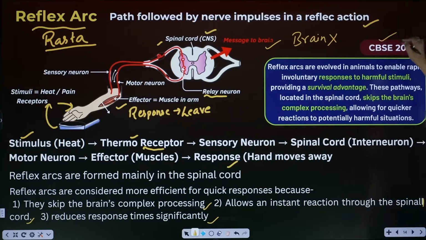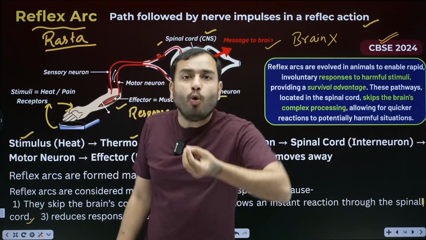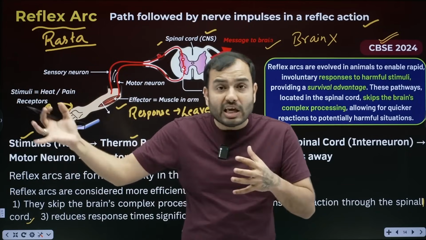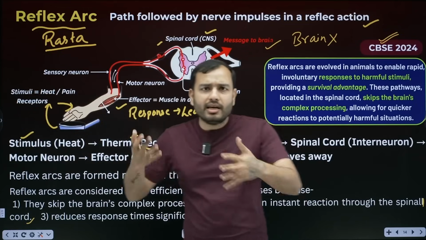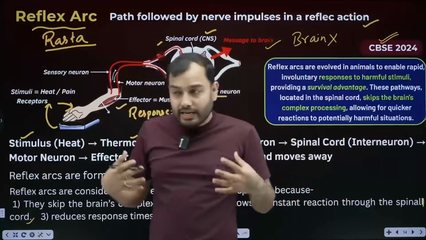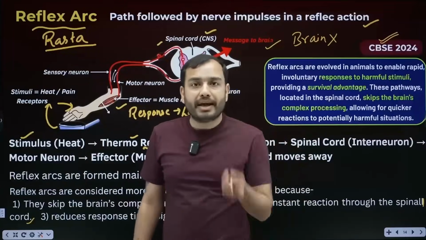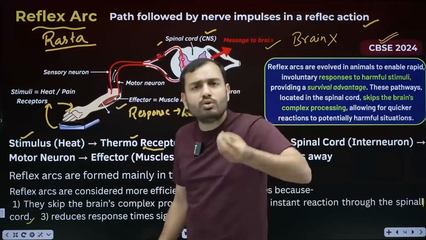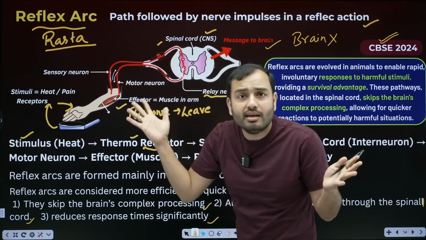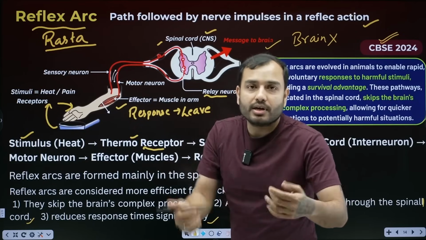One CBSE 2024 question was asked, and it always asks, about reflex arc evolution: why did it happen in animals? We are animals. The reflex arc we used to have was not like this. Slowly, it evolved with time, because humans also developed slowly. First they were monkeys, Darwin stuff. So the reflex arc evolved inside our animals. Why? To save us from danger, to remove the complexity of the brain, to reduce the time. This is the same answer. That is why the reflex arc evolved over time. Earlier there was no such reflex arc. It is slowly evolving so that we can be safe from danger. We are slowly adapting. So write those 3 points.